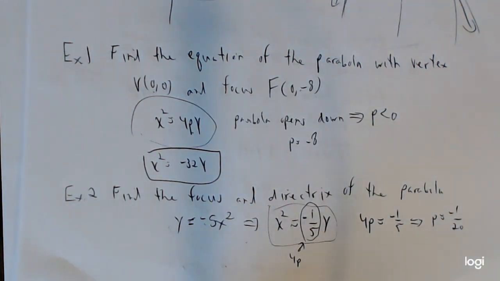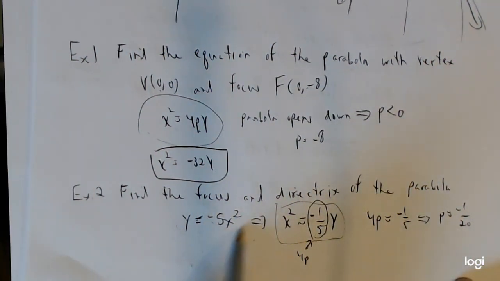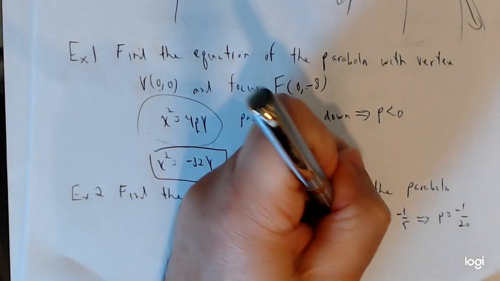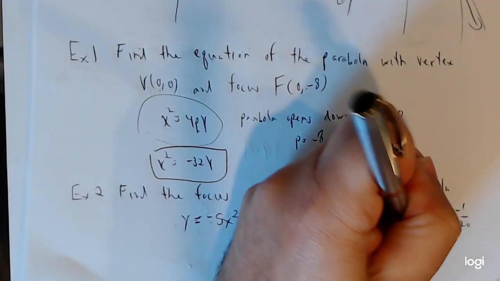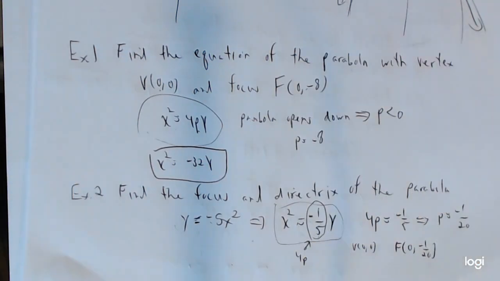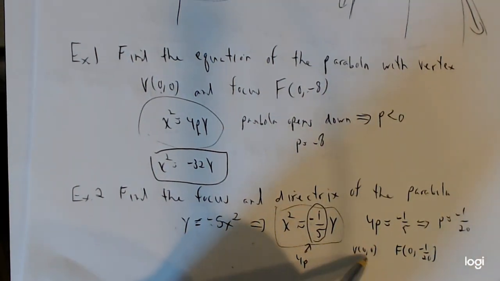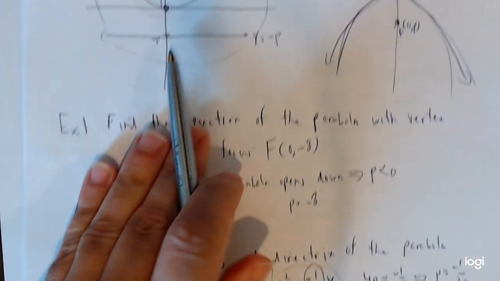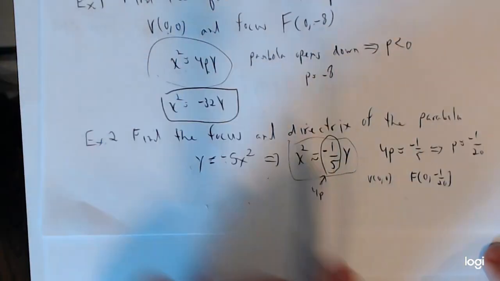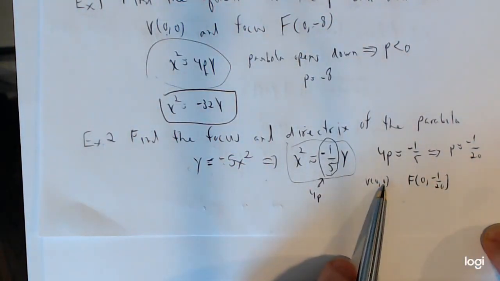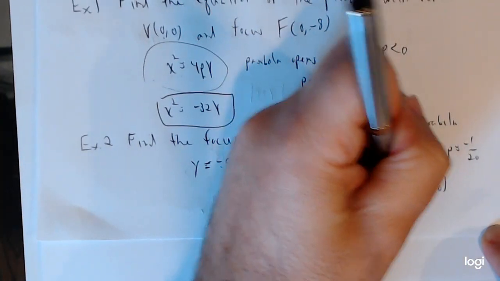So what is this saying? By the way, this formula is designed so that my vertex is at the origin, right? So obviously the vertex is at the origin. If the vertex is at 0, 0, to find my focus, since this opens downwards, I need to travel down. So the focus will be 0, -1/20, right? And then to get to my directrix, which would be a horizontal line, I would have to move up 1/20 units. So if I go from 0 up 1/20 units,